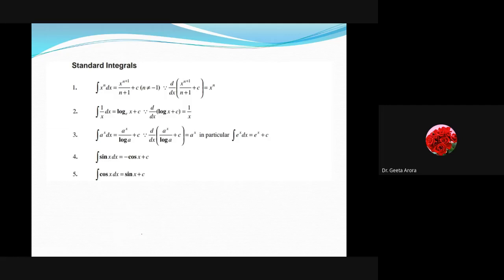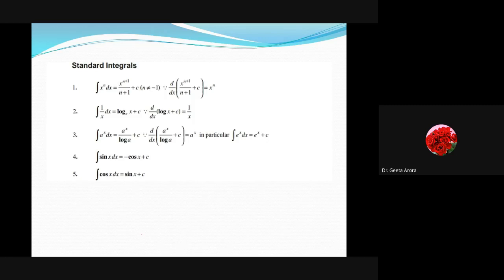Correct? Okay, thereafter we have some standard integrals, as we learned the standard derivatives. Here we are going for some standard integrals that we have to learn as such, based upon which we can find the solution of the examples. If we have already learned the derivatives of some functions as standard functions, from that we are going to learn how the integral can be written.